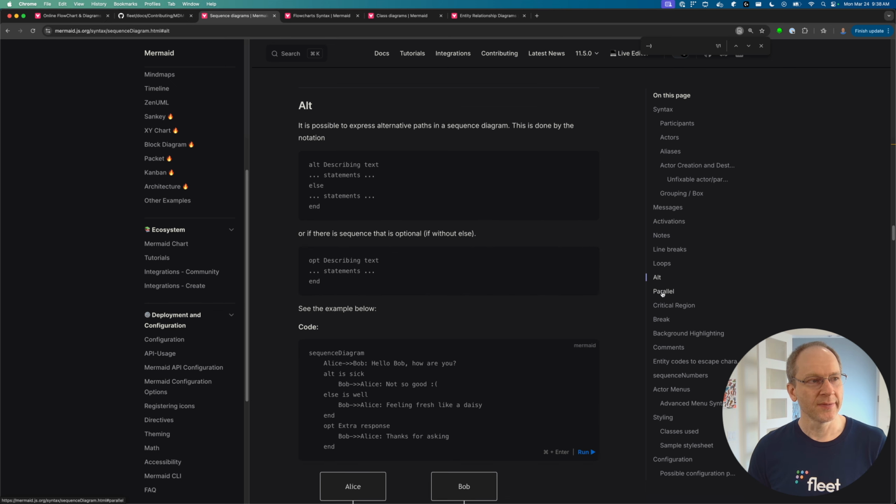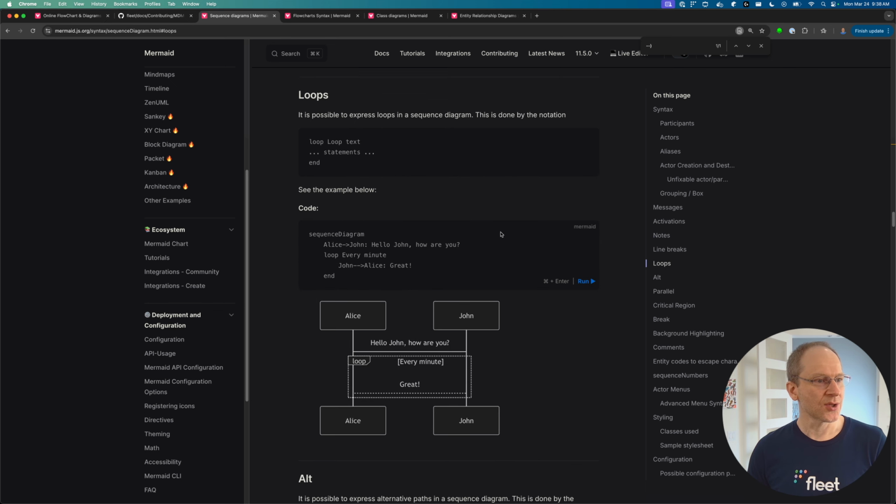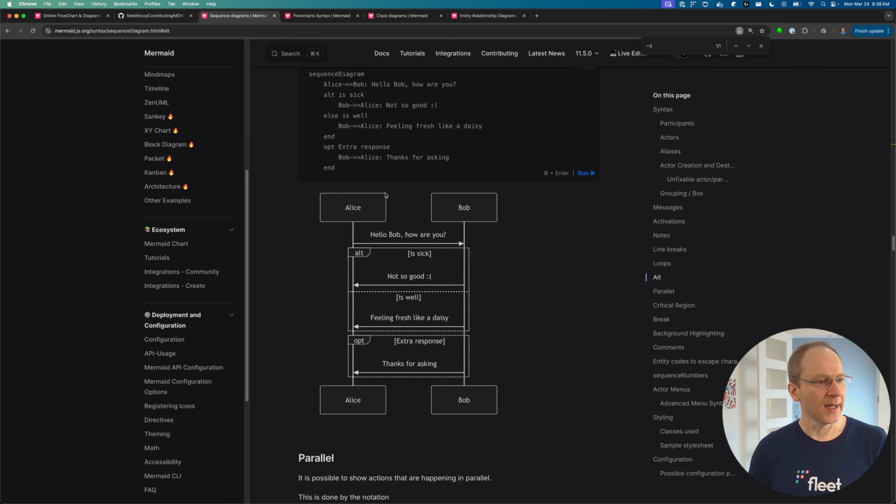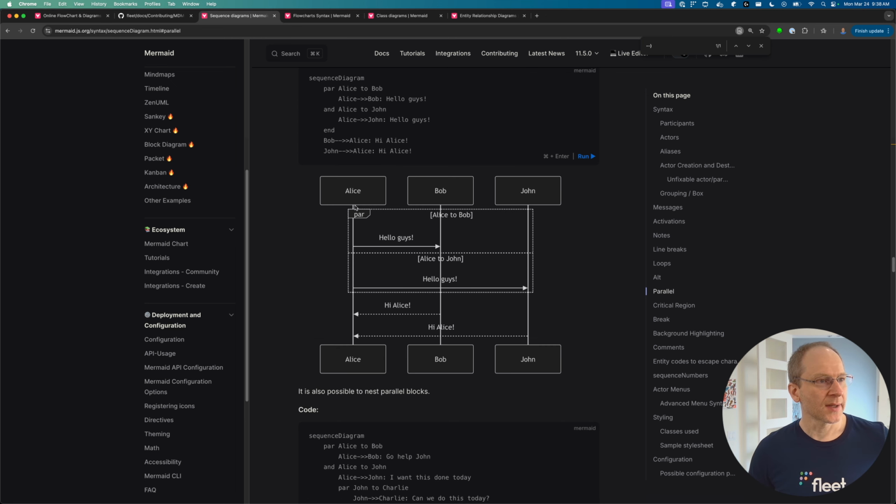Loops, alternatives, and parallels. Basically, these are just like a box that happens in the diagram. Alternative has different alternatives. I guess there's also kind of an optional here. Parallel, another box. Basically, all of these are just boxes, with different letters up in the top left. And auto number,